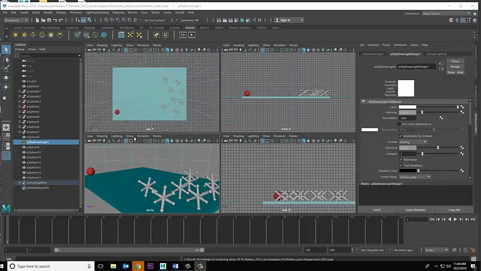First thing you want to do is make sure that your view of your camera is the way you want it to look. And you're going to scrub through. You can kind of go through. Mine's lagging because I'm doing the screen recording, but I'm going to make sure that it looks the way I'm expecting it to. Once I know that everything is in frame, then I'm going to go and check my settings